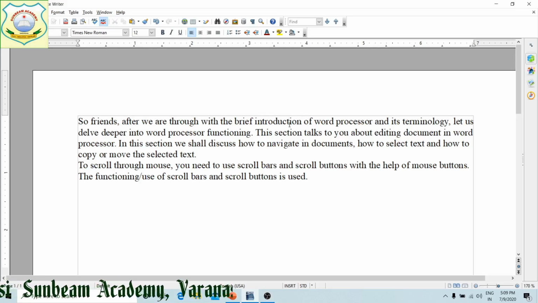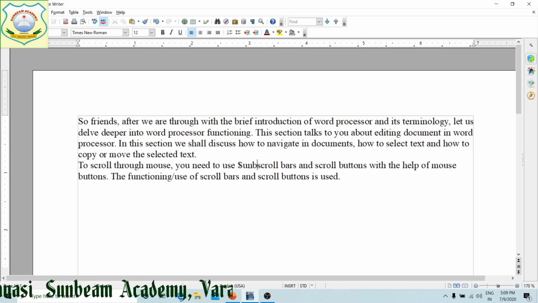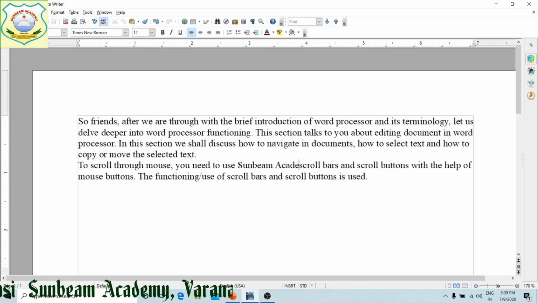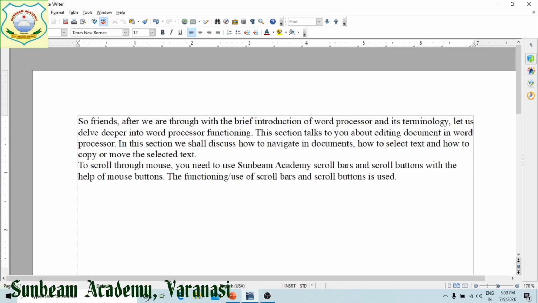Next, students, insert and over mode. Insert mode is the mode in which we can insert text within the document. While over mode is for overtyping. Right? Now, which mode is selected can be seen on your status bar. This is insert mode. That's why you are able to insert any text in the document. Suppose I am going to write the name of the school here. It is insert mode, right?